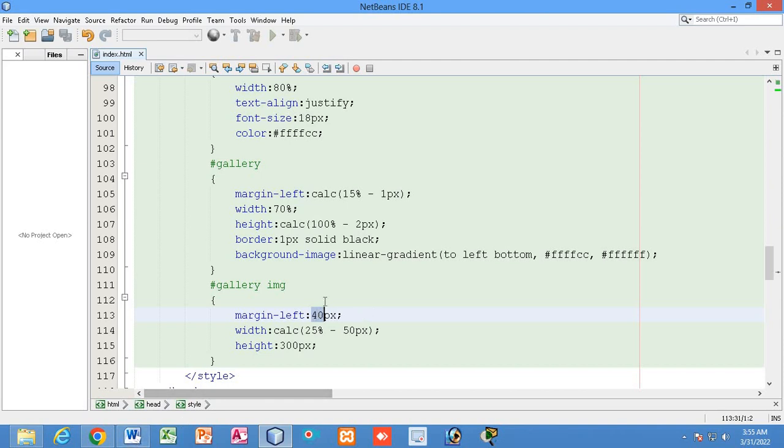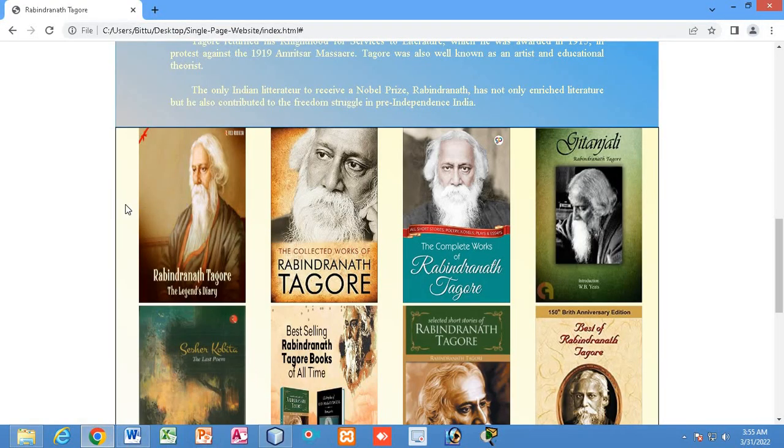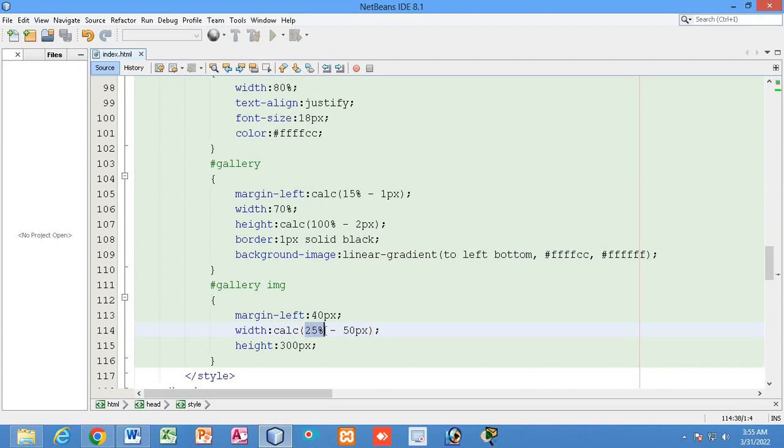If we have to allow 200 px total margin space, then for each picture how much should be left from the width of the image? That is 50 px. So you can see 50 px I have left out from the 25%.